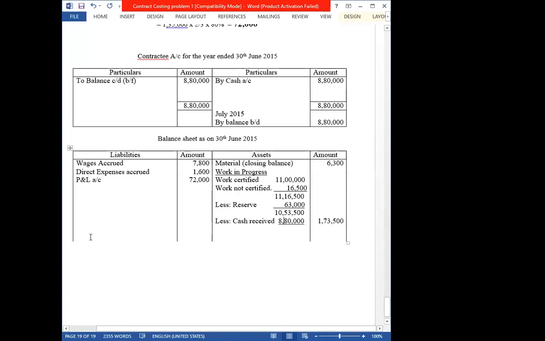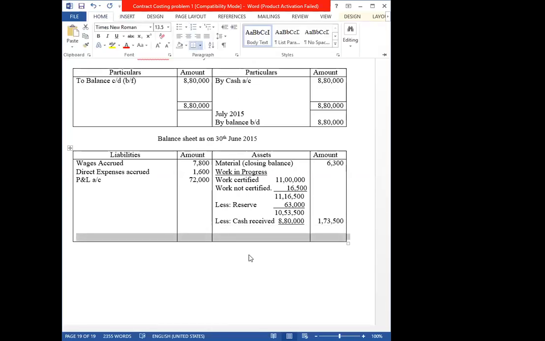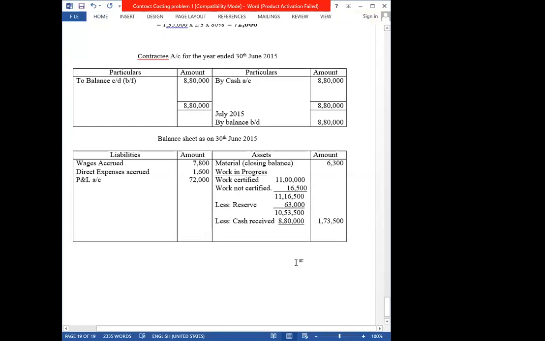Okay, that's all. And we are not going to balance this, we are just going to close this balance sheet as it is. You should not balance it. It will never tally as this is an incomplete balance sheet and you don't have the other information such as capital, machinery, other details of the assets, liabilities and all. Okay, so that's all for this problem.